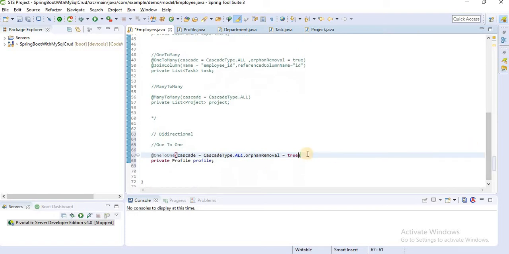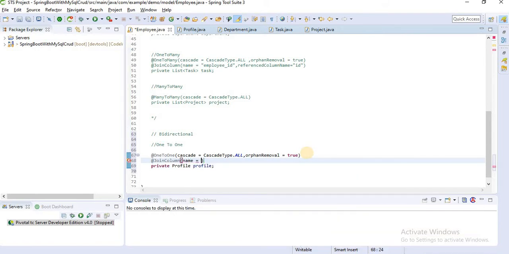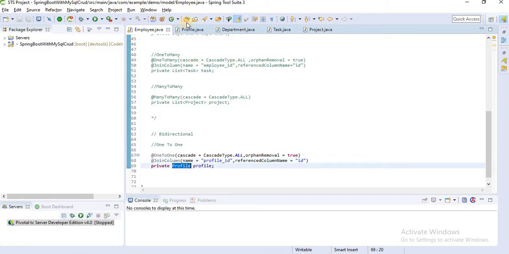Also we have to define a JoinColumn. Here define the column name, we can say profile_id, then comma, referencedColumnName equal to id. If you didn't watch the last video, first watch that video because this is the continuation of it.